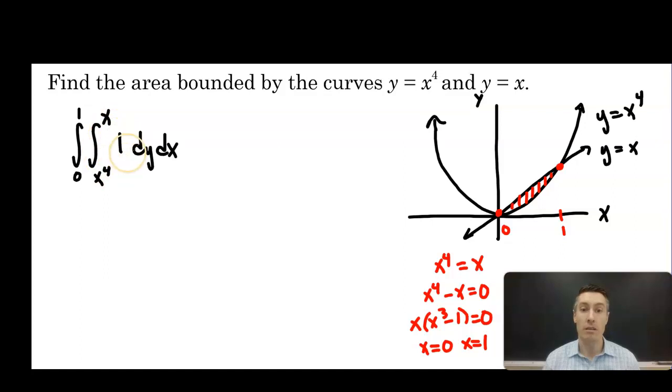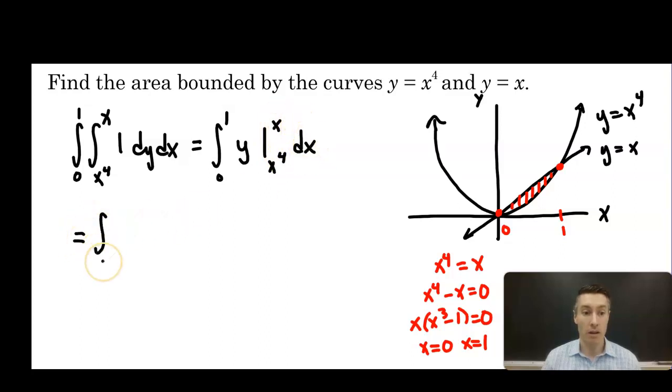You're always going to be integrating 1 and maybe the order, right? You might go dx dy if the region makes more sense or is simpler as a type 2 region. So integrate with respect to y. So we get integral from 0 to 1 of y, evaluated from x to the fourth to x dx. So the integral from 0 to 1 of x minus x to the fourth